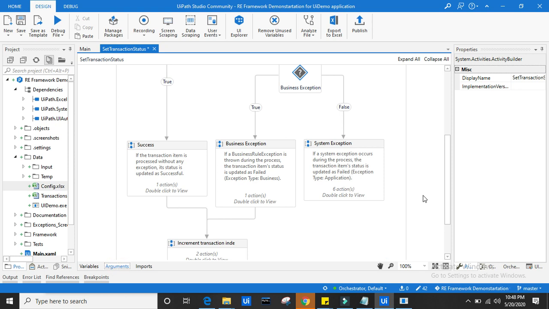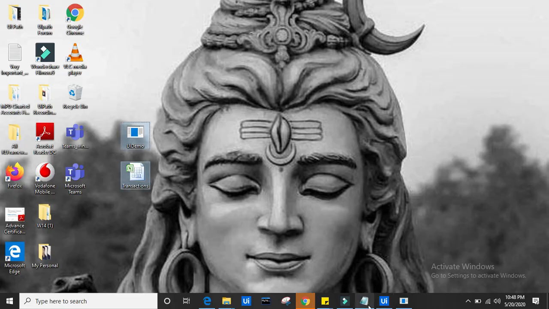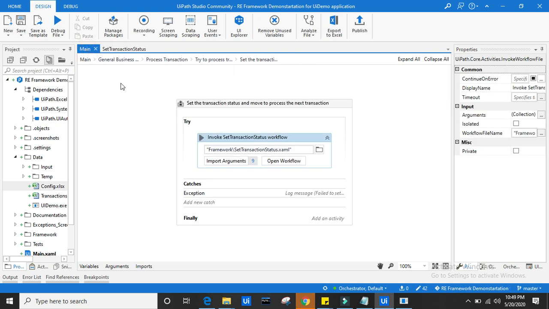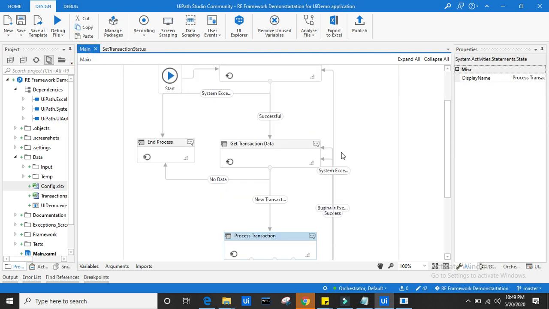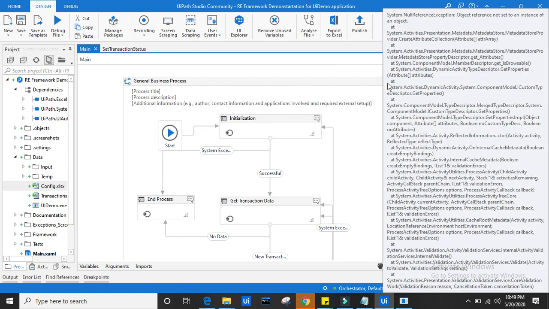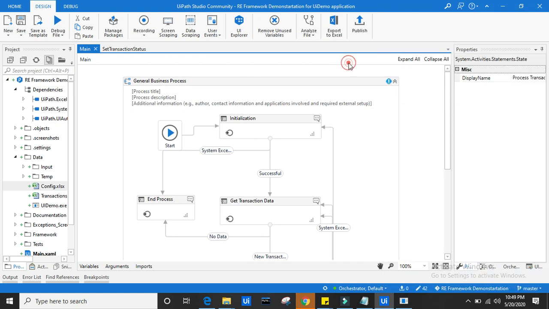Let me save this. Let me go to main. Is this an error or just a warning? No, it's a warning, no need to worry about that. Let me save this and give it a run.